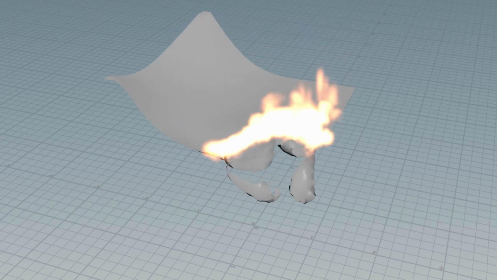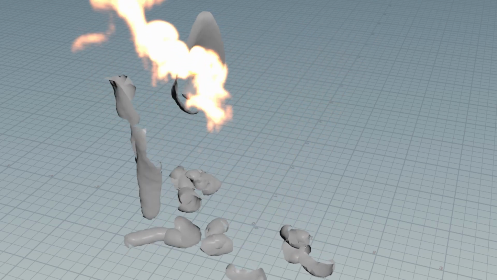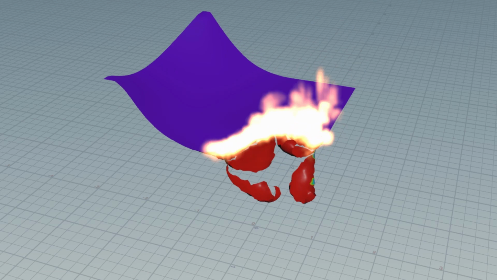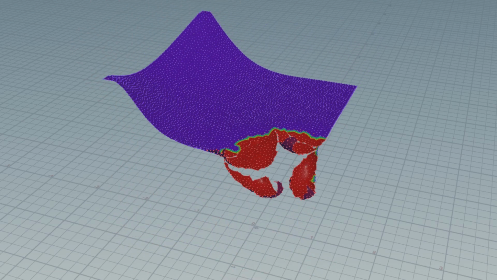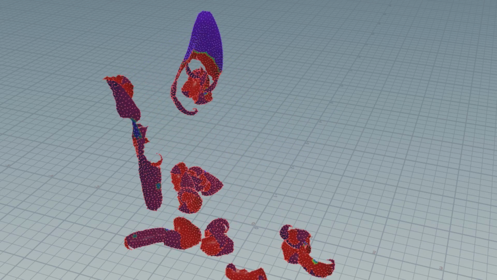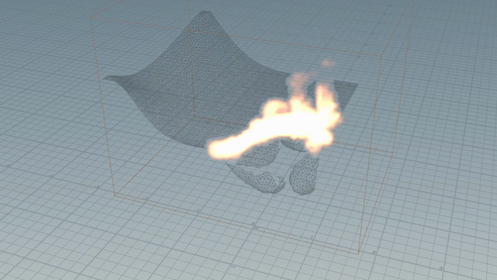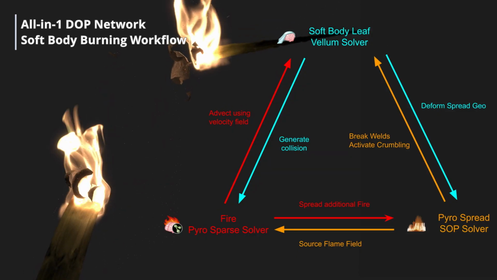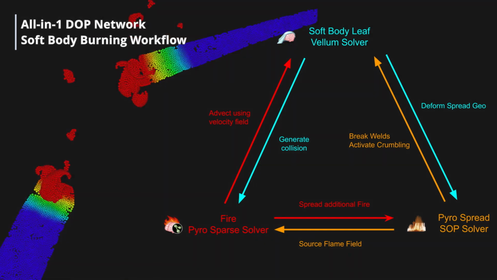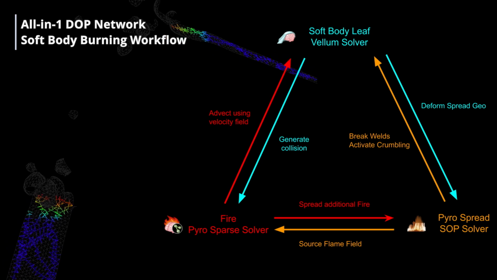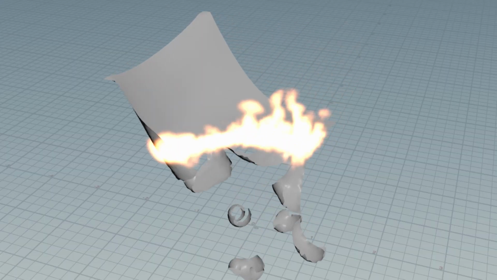In this tutorial, I showcase how I combine different solvers into one .NET to achieve a soft body burning effect. We will build step-by-step a pipeline that allows complex interaction between all components while keeping the workflow polyvalent. I developed this tool to achieve this lift shot for my demo reel, but in this tutorial, we will only see a simple application to a sheet of paper, no look dev, no tuning, or compositing to keep things simple.